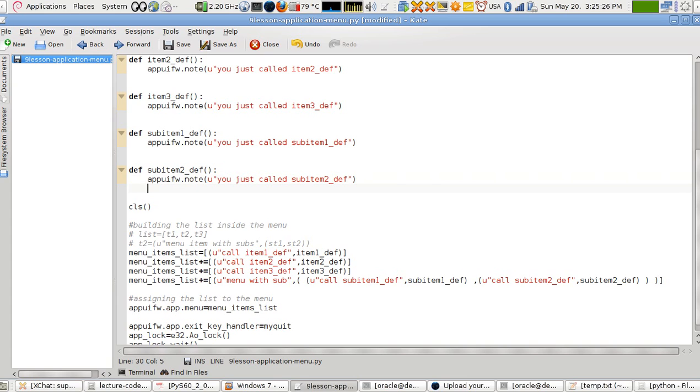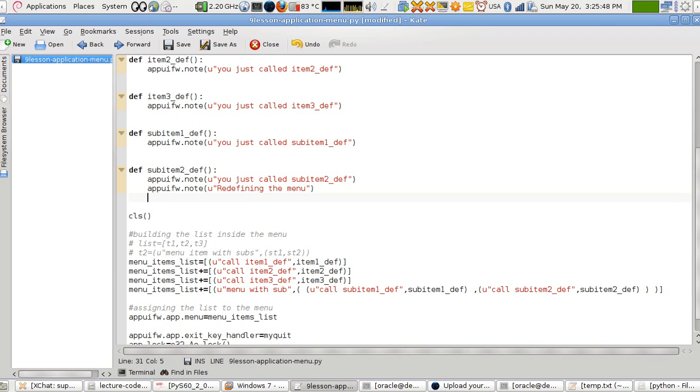I'm going to say another node over here, defining the menu. And I can do the following, which is app UI dot app dot menu equals,